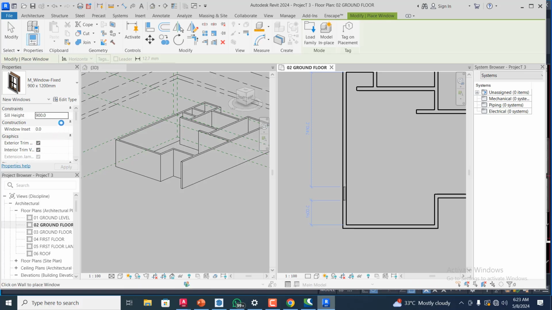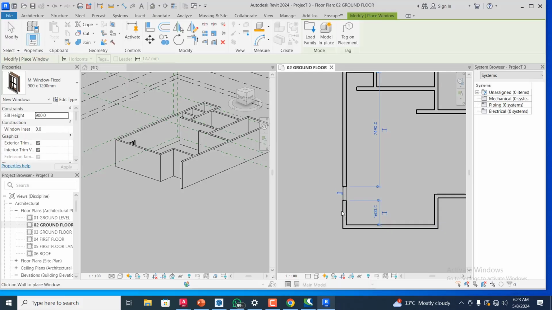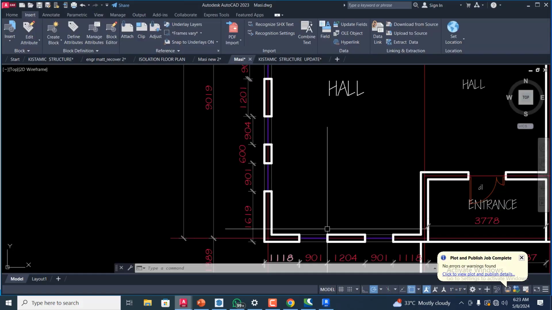Now very important that you specify your sill height. You can see my sill height here is 900, so I am satisfied with the height. I will leave it as it is. You can change that sill height. I have spoken about it in the previous episode. Now this one, there is a wall here of 600, so I'm going to also take another window to 600 away from this other first one. So I have a 600, and then the next one I have here, let's see, is